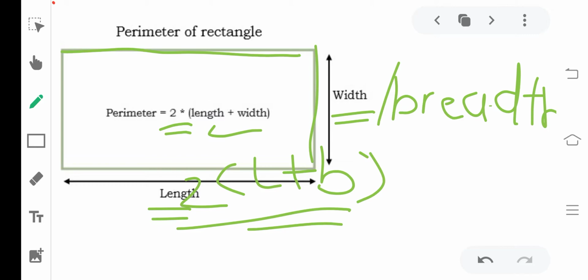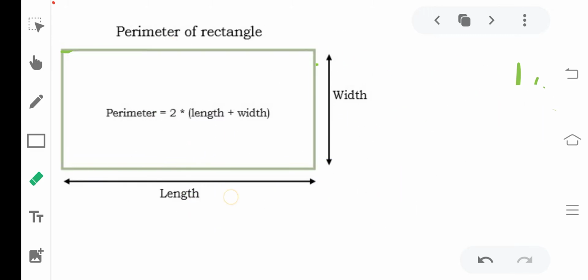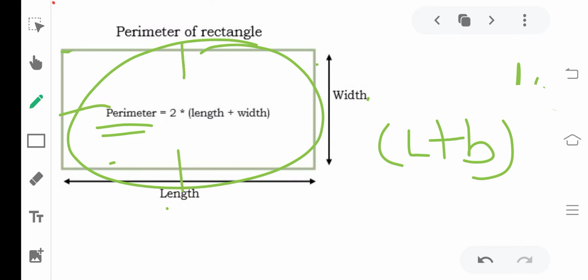The perimeter of the rectangle is equal to 2 into (length plus breadth), because there are two opposite sides, and length and width are given. As you understand, the length and width are given. If you want to find the perimeter, you will take the length given, then add the breadth. Okay, see, like this length and breadth are given, but there are two lengths and two widths given. So that's why you are taking 2, which means the perimeter of the rectangle is equal to 2(l plus b). Okay, this bracket means you have to multiply.